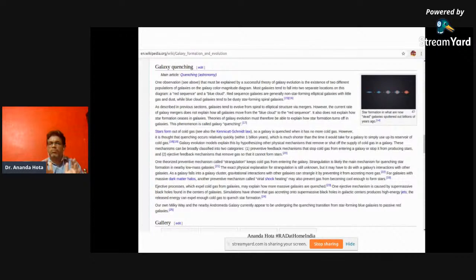So this is the bottom line of the galaxy evolution picture. They merge, they form stars in the beginning. Spiral galaxies mostly form stars, they merge, they get quenched. And at the end, they become elliptical galaxies without star formation. And this is what we are trying to